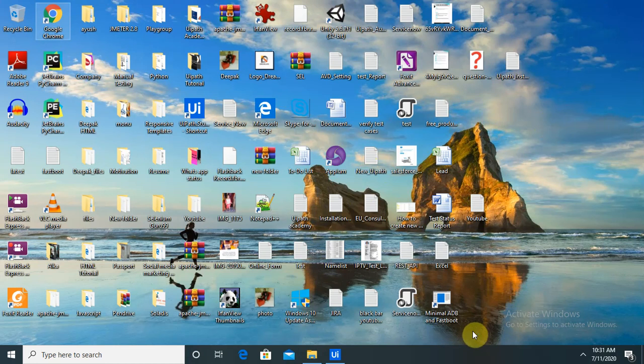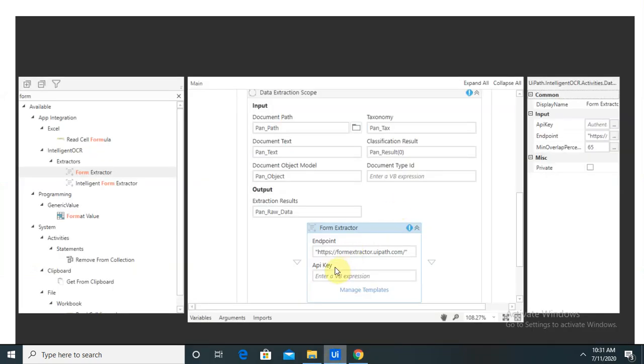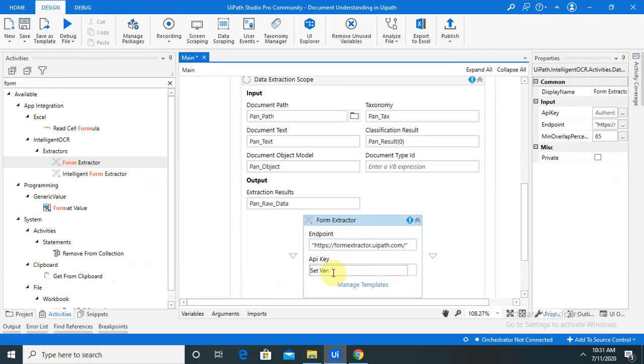So let's go to our cloud login. From there you are able to see your API key is available. Copy that API key and paste it here. Till it opens, let's create one variable here and provide the name as API key.